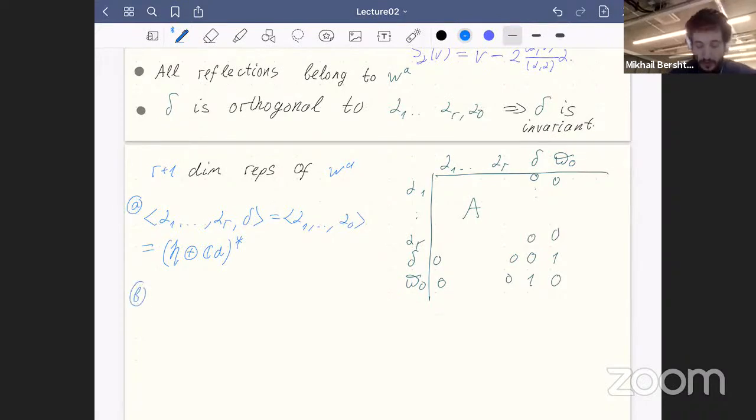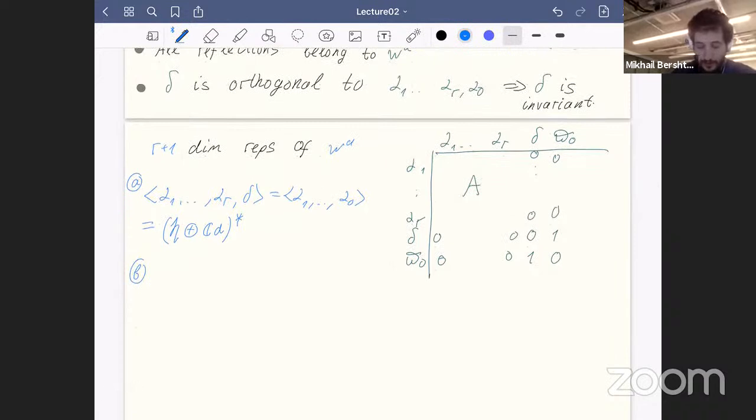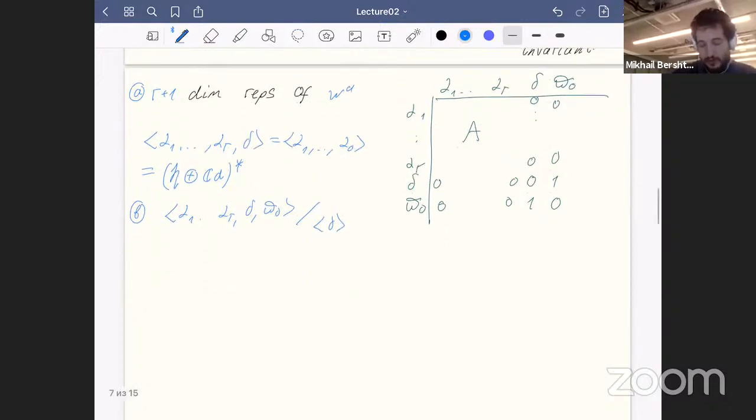Another way is to take a quotient. We can take the space which is generated by alpha 1, alpha r, delta, pi 0, and take the quotient by the space generated by delta. Actually, the most standard way is to do this in a bit different way. So take the affine subspace, that is, the vectors of the form pi 0 plus